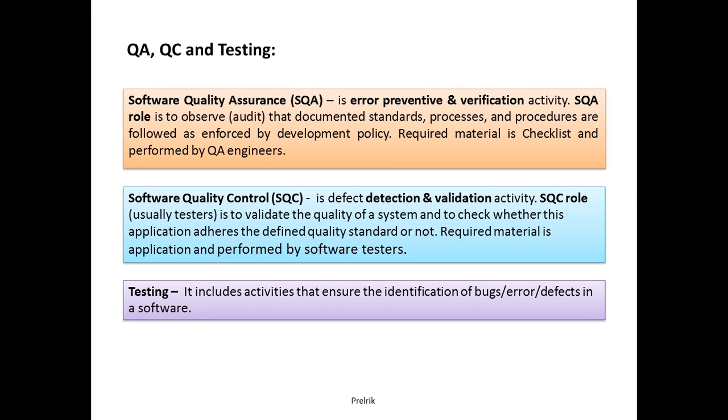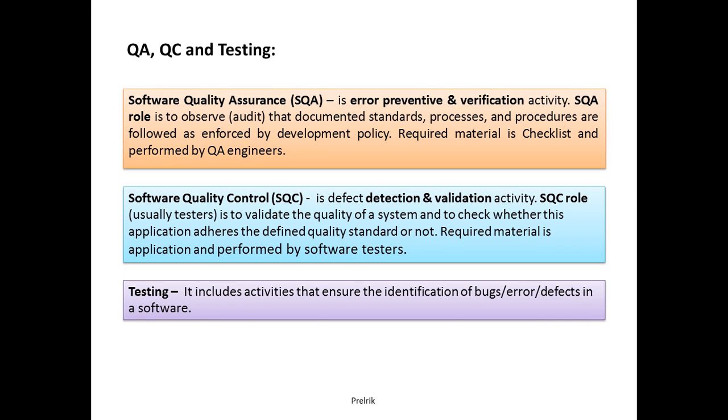Okay, and now what's QC? QC is a defect detection and validation activity. Suppose your product has been made and now you are sending this product to testers. The coding has been done, the product is ready. So before releasing the product to market, they perform different types of activity to validate your actual product against expected standards and expected benchmarks. And to do so, testing is an activity. Okay, so actually testing is part of QC, and testing includes activities